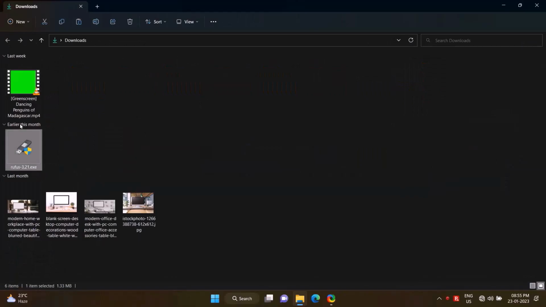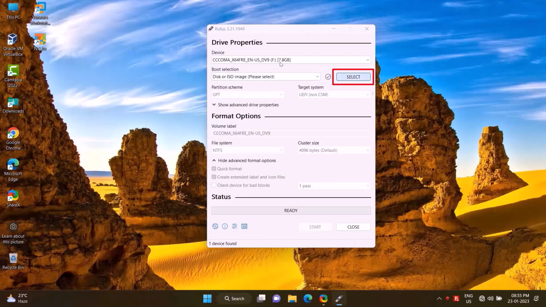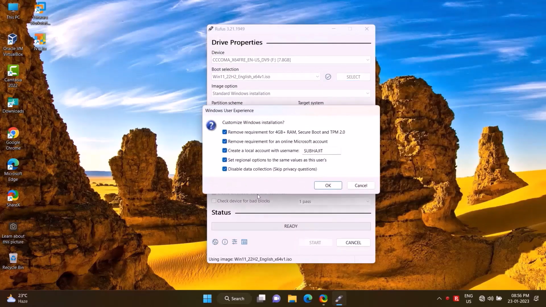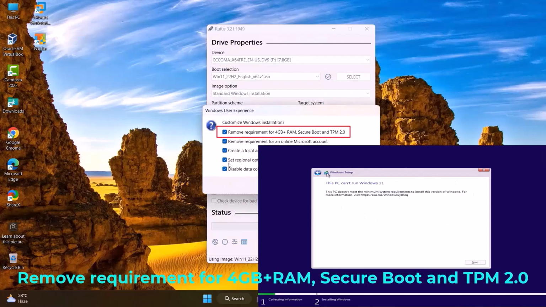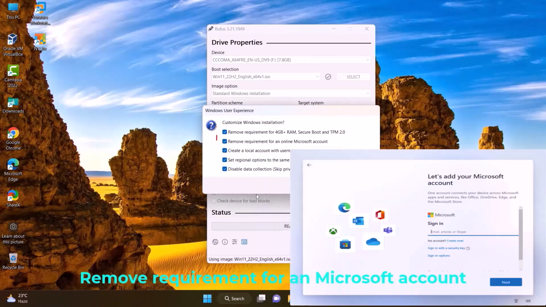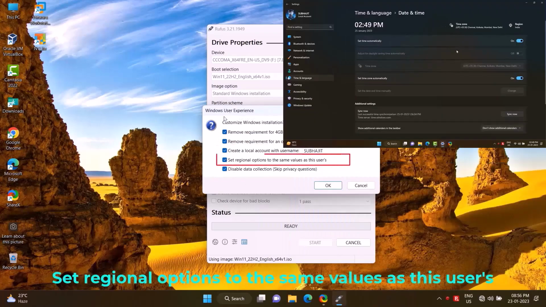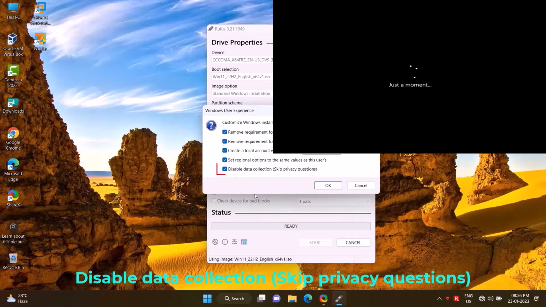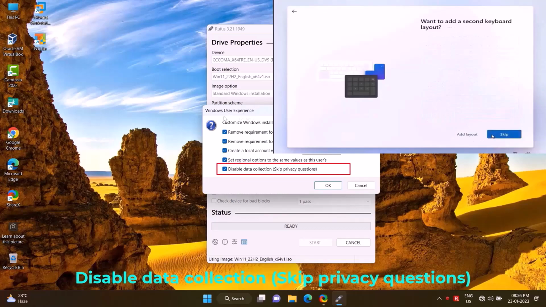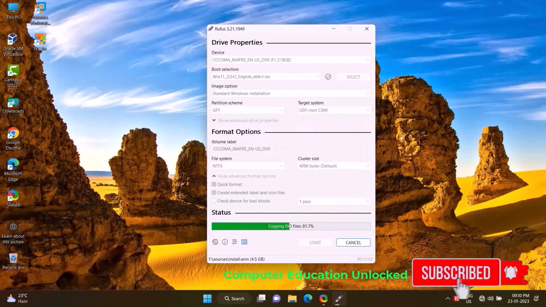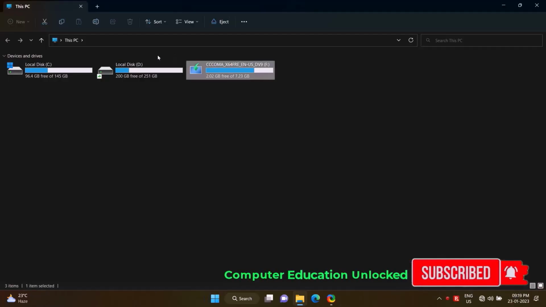First, right-click Rufus and run as administrator. Once opened, click on Select. Then select the ISO file and open it. Click Start. This will bypass the 4 GB RAM, secure boot and TPM 2.0 requirements. This will remove the Microsoft account that is required after Windows is installed. It can create a local account with any name. This will set the regional values of the system on which the bootable media is being created, such as time zone. This will skip the data collection phases that occur after Windows installation. OK. It will take some time to create the bootable pen drive. Once the bootable is complete,